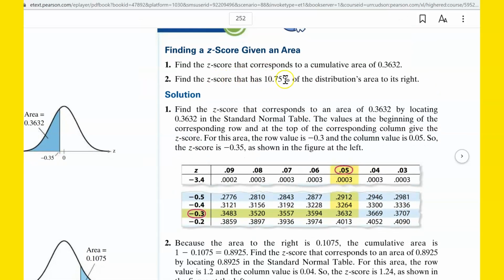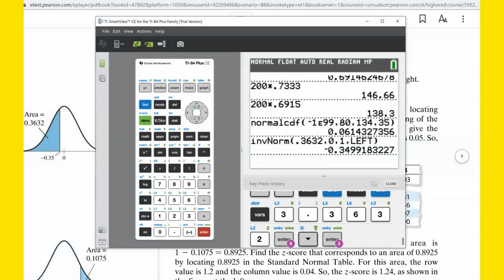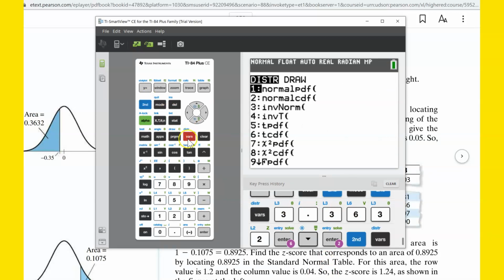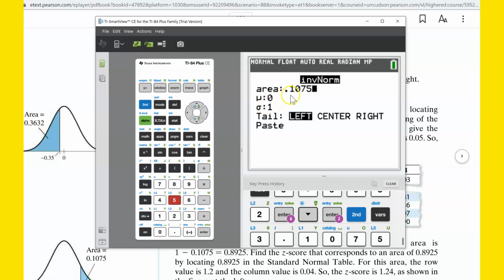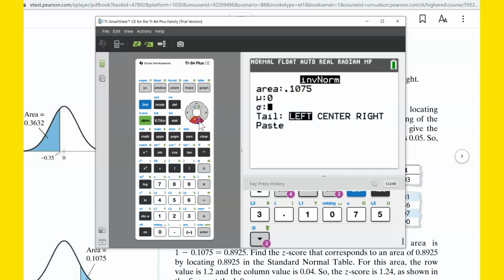Find the z-score that has 10.75% of the distribution's area to its right. All right. Again, the inverse normal makes this a pretty easy thing to do. Option 3. We're looking for 10.75%. You've got to put this as a decimal, 0.1075. Don't put 10.75. Put the decimal. 10.75% is 0.1075. Still talking about a z-score, so the mean is still 0 and the standard deviation is still